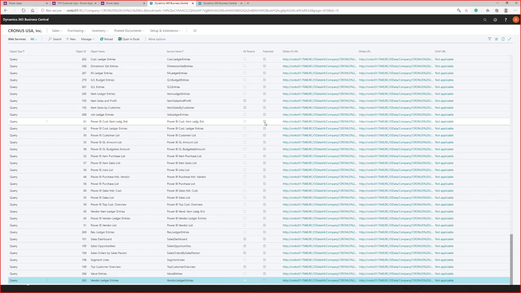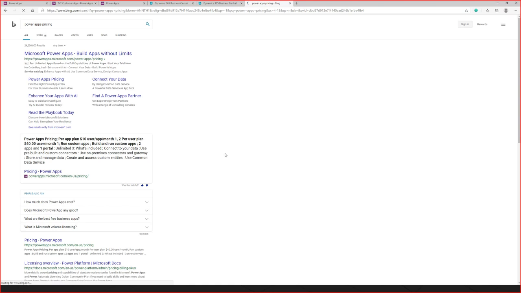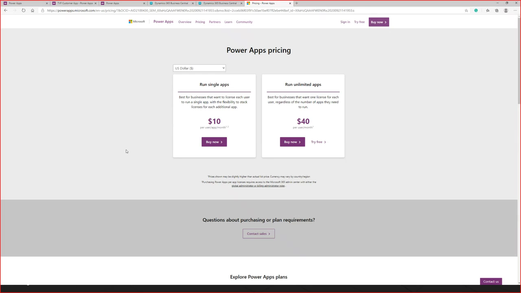So pricing, obviously in Excel and Word, that's just an Office license. Most people already have Office. That's just standard pricing. So a lot of people talk about Power Apps pricing. What does it cost for Power Apps? It's interesting how Microsoft priced it. If I just do a search for Power Apps pricing, and then click the Power Apps pricing right here, if anyone's ever priced Power BI, this will look very familiar.